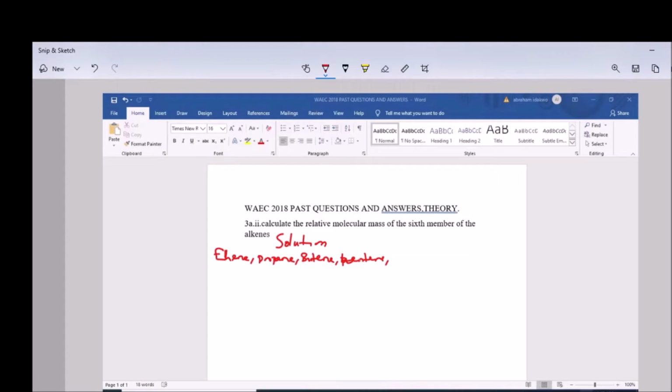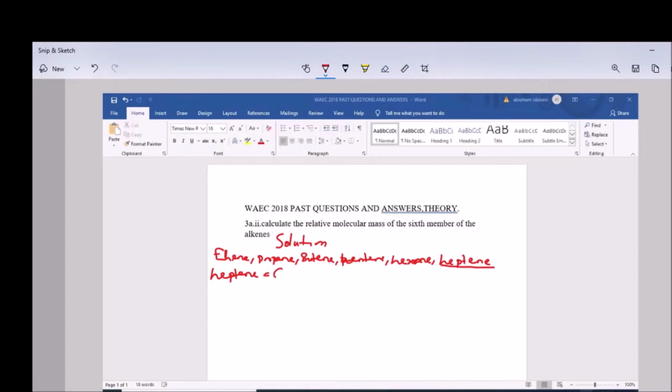Then the fifth member is hexane, while the seventh member is heptane. So heptane is the sixth member of the alkane family that we have to give the relative molecular mass of. Being the sixth member, the molecular formula of heptane is